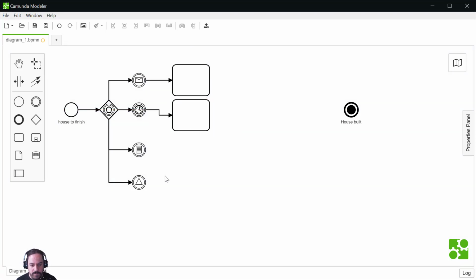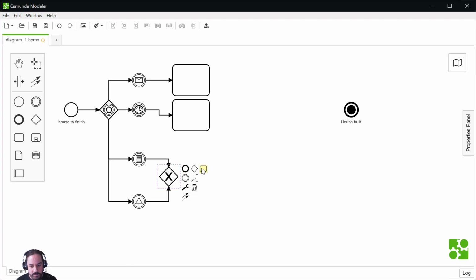And now, note that we can model it with an exclusive gateway, and that means that this activity that I will add will be triggered by either of these 2 events. It's important that it's a gateway and exclusive. If we change this to a parallel gateway, now we are waiting for both events. So now we have a compound event. We need a given signal and a given condition.